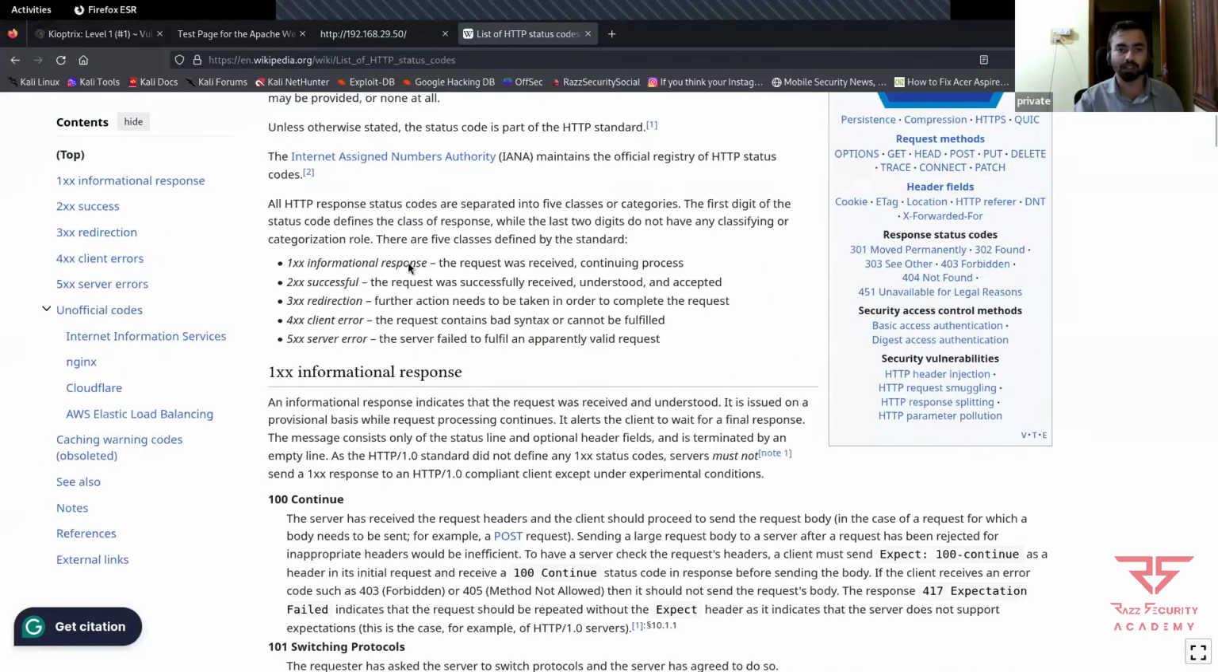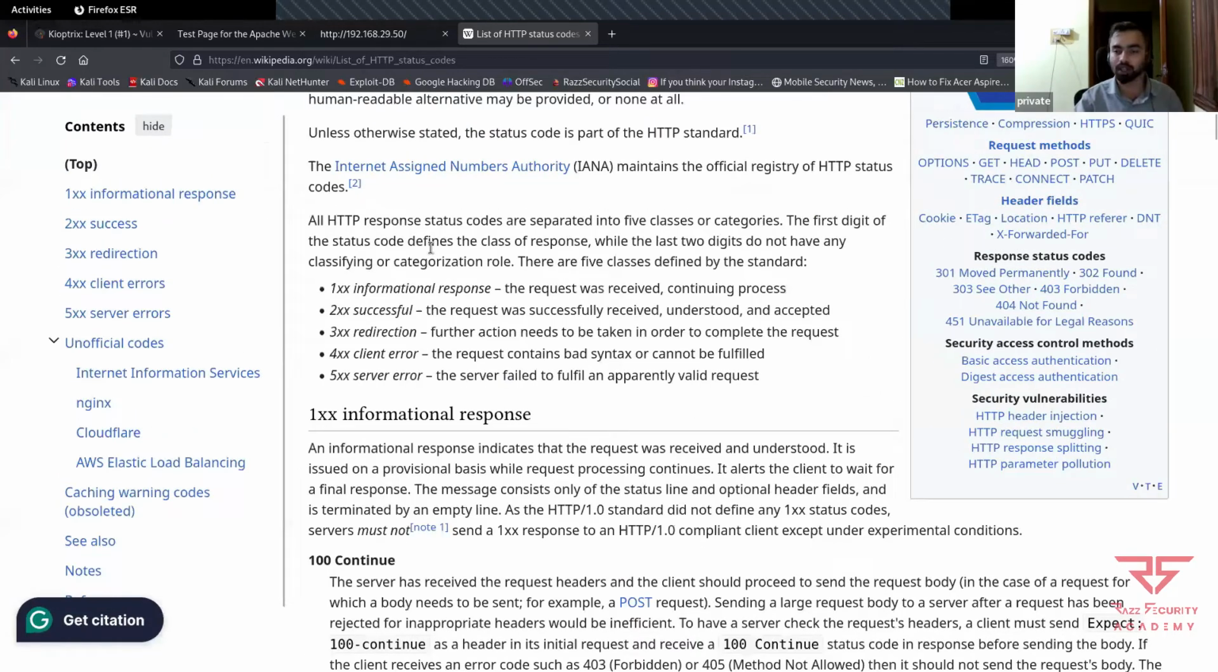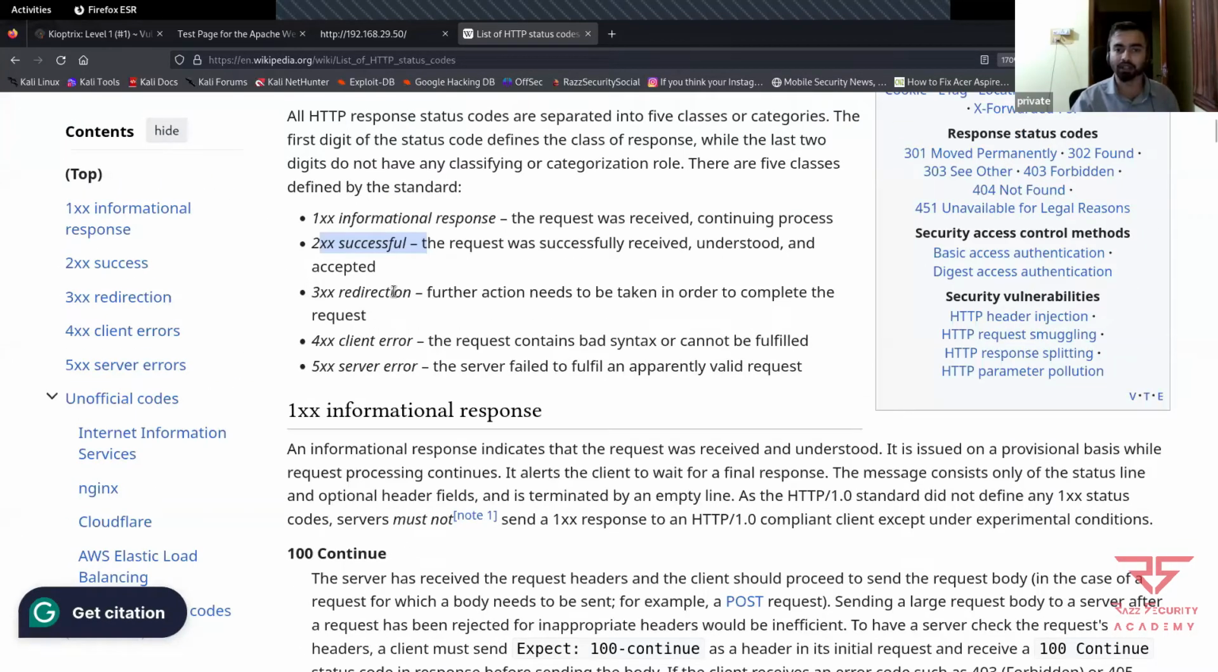100 means information response. 200 means successful, the site is running successfully. 300 means redirections, so some sites will be redirecting to another website. 400 is a client side error. So client side error is, just imagine